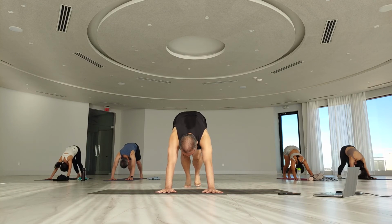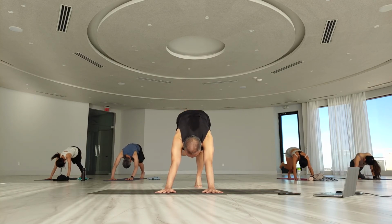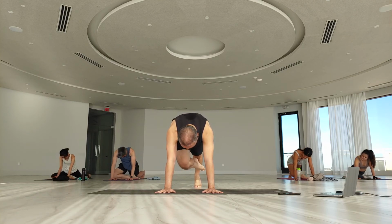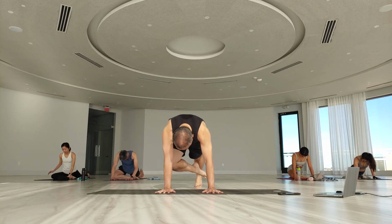All right, second side, right leg up for pigeon. Draw the right knee in. So the transition is, right, stay on your hands, keep your leg suspended. You want to start turning your right thigh out to the side and then taking your right foot in a